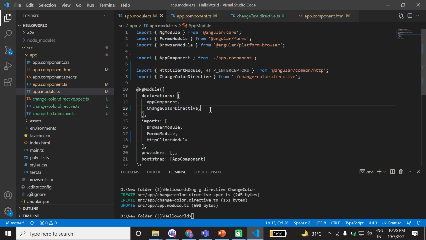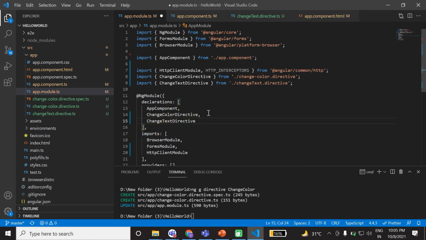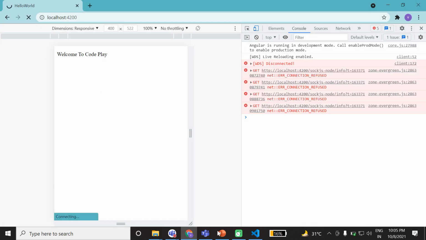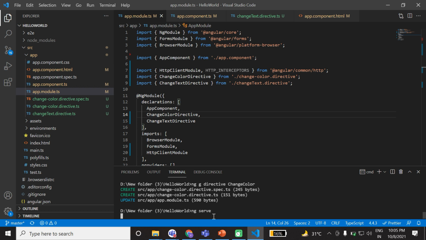So it is not working because I missed defining the change text directive here. Now that directive will work definitely. Not loaded, need to run it with ng serve.